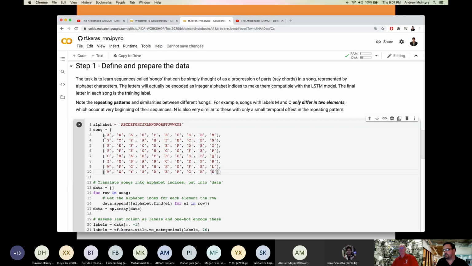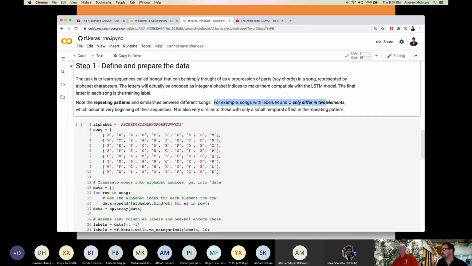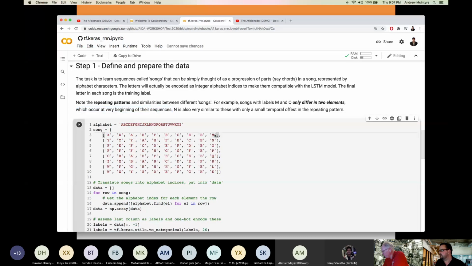These have been made not just arbitrarily; they do contain important temporal dependencies. For example, you'll notice I'm saying that the songs with labels M and Q only differ in 2 elements, but those elements occur at the very beginning of their sequence. M goes backwards, B, E, C, E, F, H, similar to Q, so it's pretty much the same.